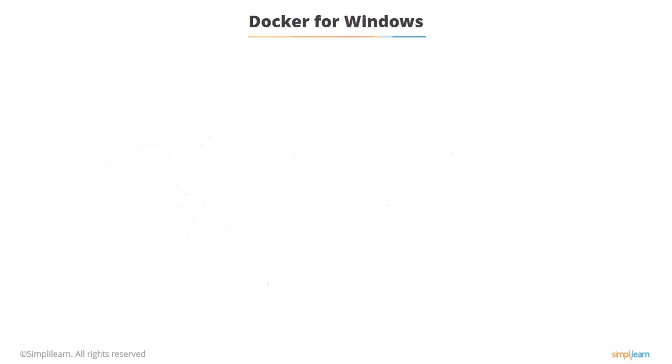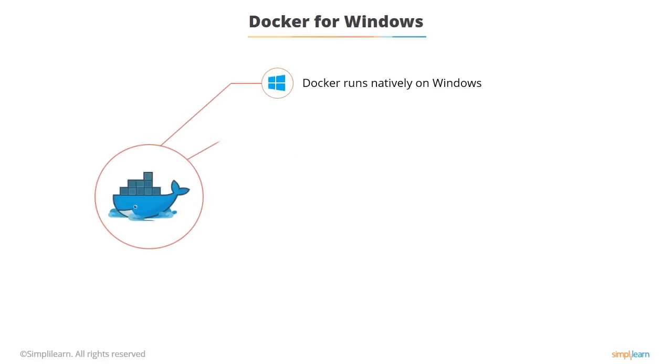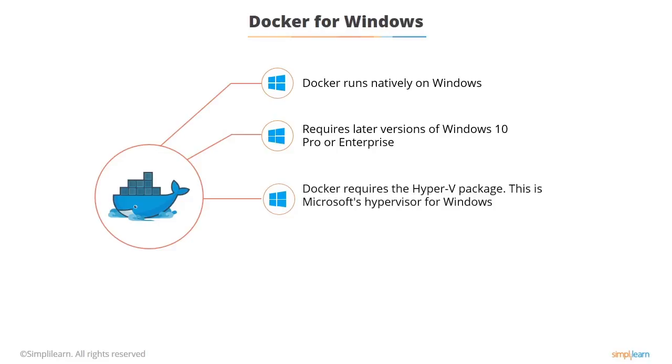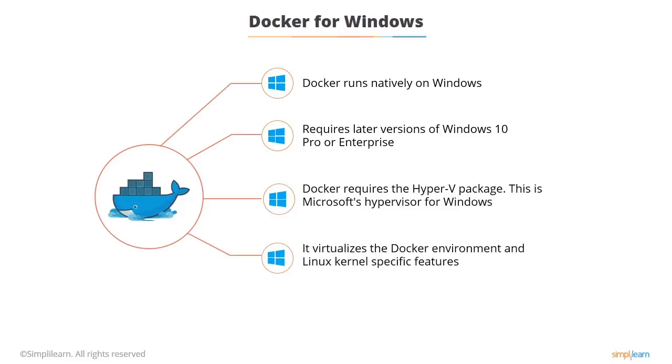It only works on the very latest versions of Windows 10, though they said they might support earlier ones. It also requires a package called Hyper-V, which is a virtualization package, to work. It virtualizes the environment so that you can effectively run Linux stuff on Windows, so it has to effectively look like a Linux kernel in some respects. VirtualBox for virtual machines cannot be run at the same time as Docker, because the Hyper-V package and the VirtualBox application are incompatible with each other.